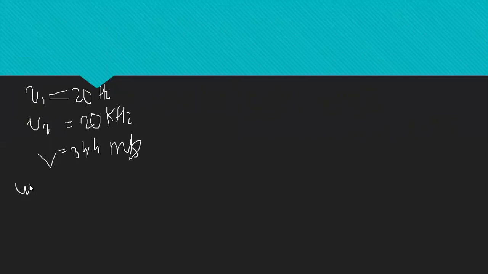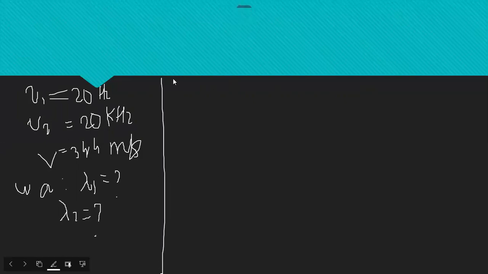So the wavelength which we have to find, lambda 1, and lambda 2, that means wavelength for 20 kHz also we have to find. So v equal to nu 1 lambda 1, sorry. So 344 we will equate this equation, 344 equal to